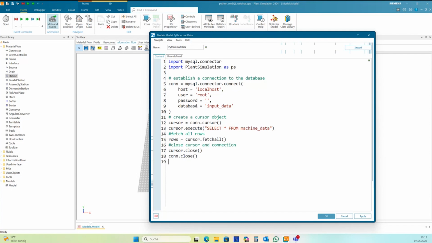So in the next step, I need to store this rows object in a structure I can read, for instance, with a loop. And so I change this into a data array.